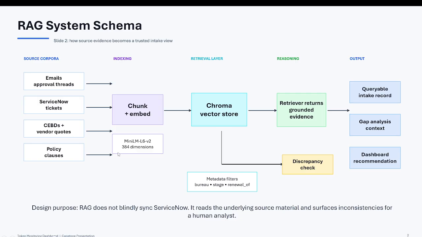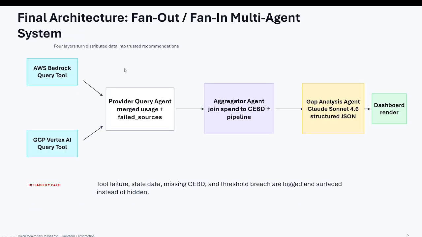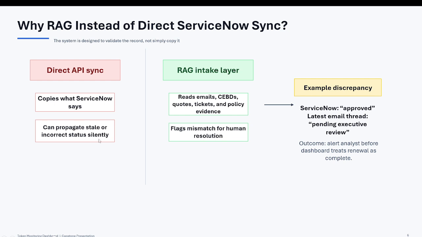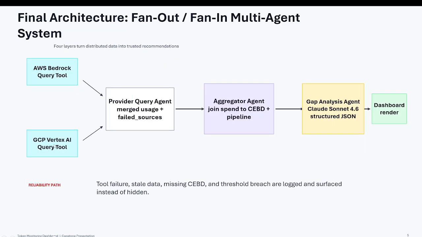So what we've covered so far is the RAG system. Here I mentioned the query tool, so this is what we're simulating right now. This is going to fail, and if that fails, what's going to happen? The provider is going to fail. It's not going to have this one, but it's going to have Bedrock. So some of the values, some of the tokens, are going to be missing in the reporting, and